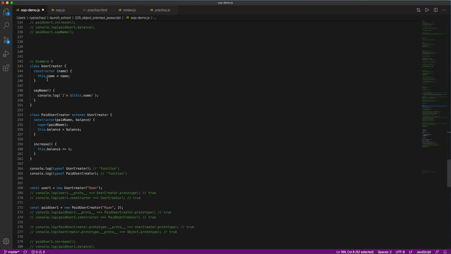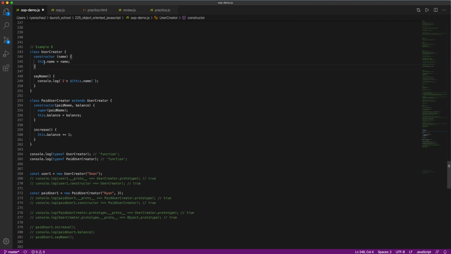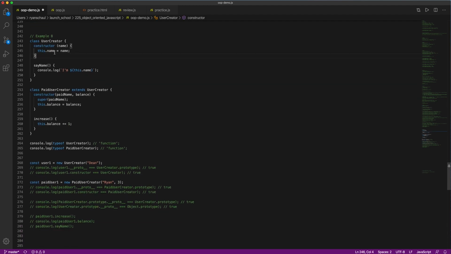So we're basically just taking that object, which is referred to by this, putting a name property on it, setting it equal to the value we pass in, Ryan. Same thing as before, right? And I said that JavaScript automatically puts this bit of functionality in the prototype property of the function user creator. Okay,